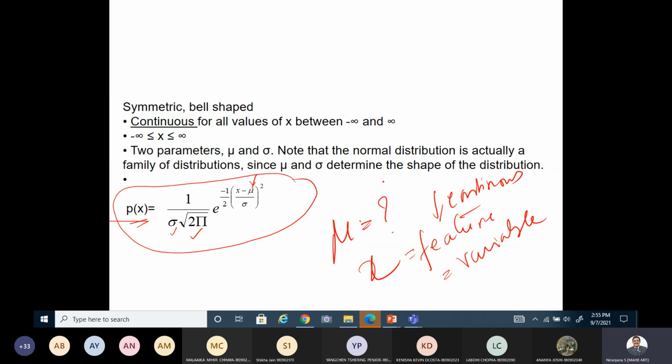What is mu here? The mean. Mu is the mean. Sigma is a very well known factor. This is also very well known, right? The standard deviation. Yes, standard deviation. So whenever you have these two parameters mu and sigma, and X here is continuous, it is Gaussian, right? A bell-like curve, right? You can use it to explain that class, right? So this is the mean, where mu comes, right?